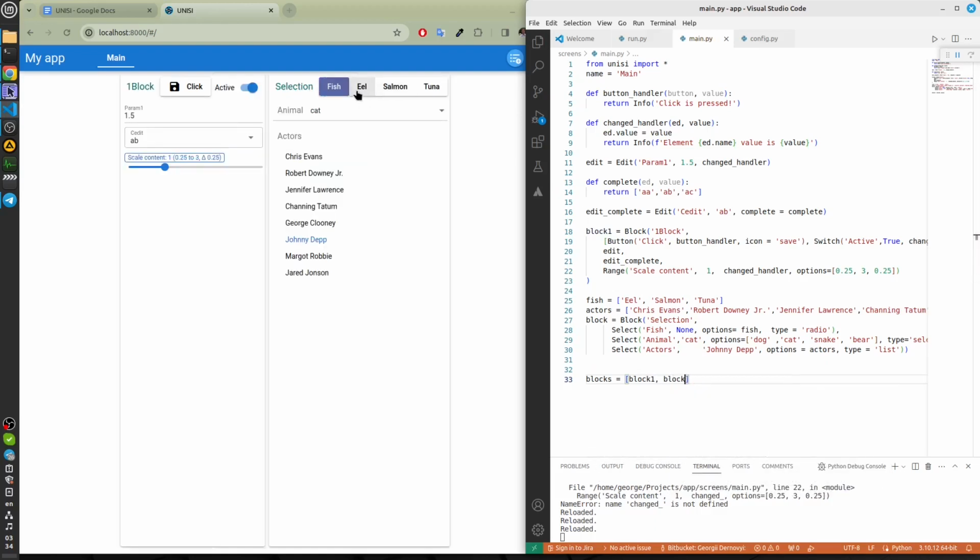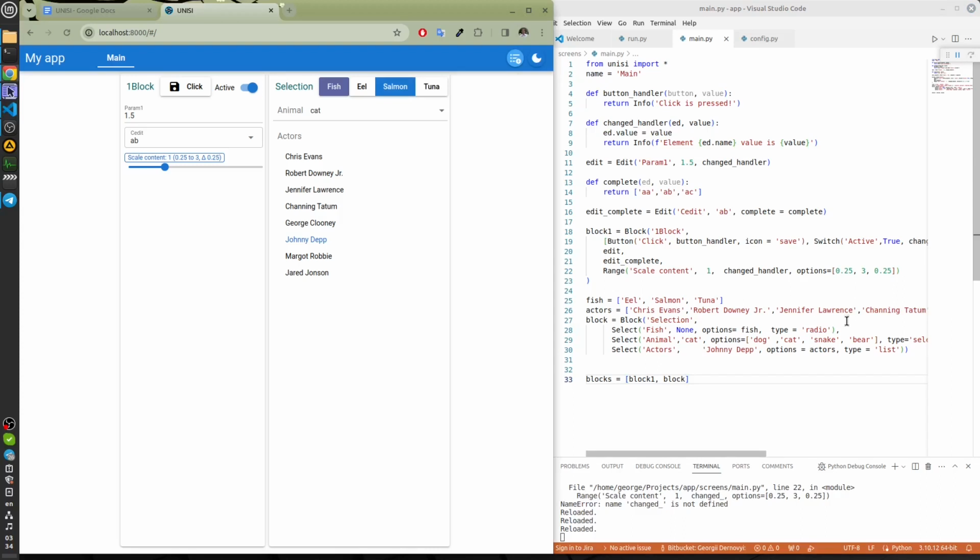We have 3 different types of selects here. The first is a radio. The second is a selection. The third is a list. The type is optional.